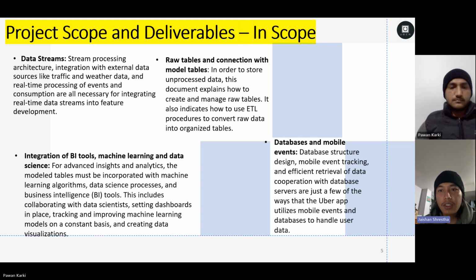Integration to business intelligence tool, machine learning, and data science for advanced insight and analytics. The model table must be incorporated with machine learning algorithms, data science processes, and business intelligence tools. This includes collaborating with data scientists, setting dashboards in place, tracking and improving machine learning models on a constant basis